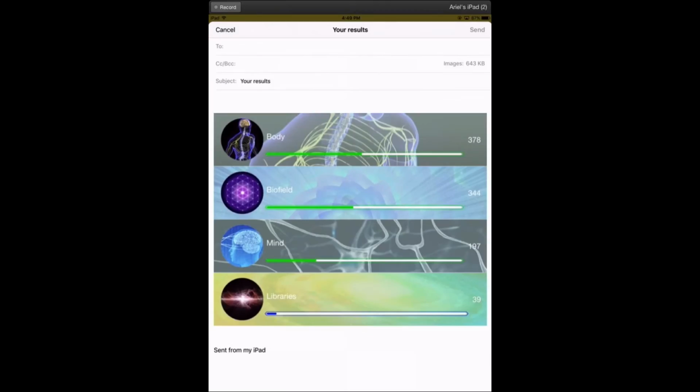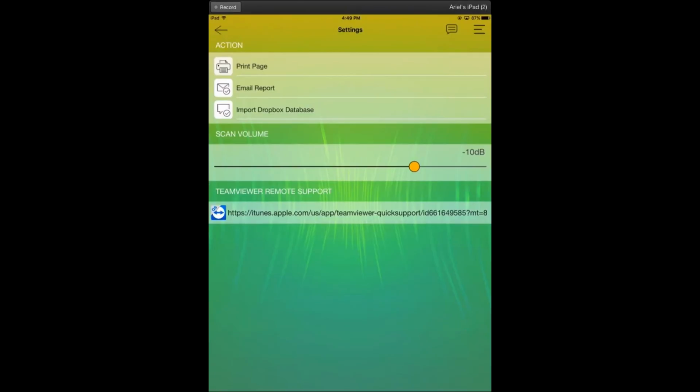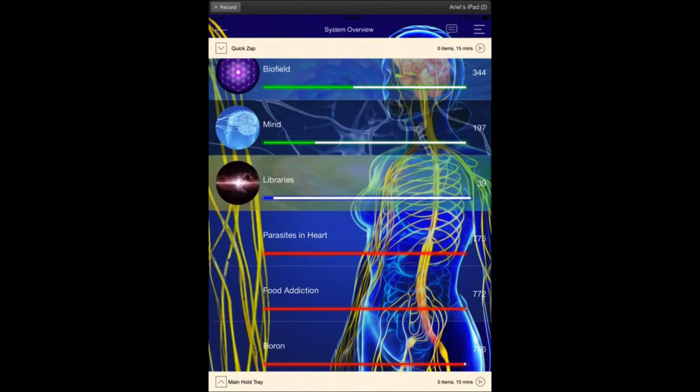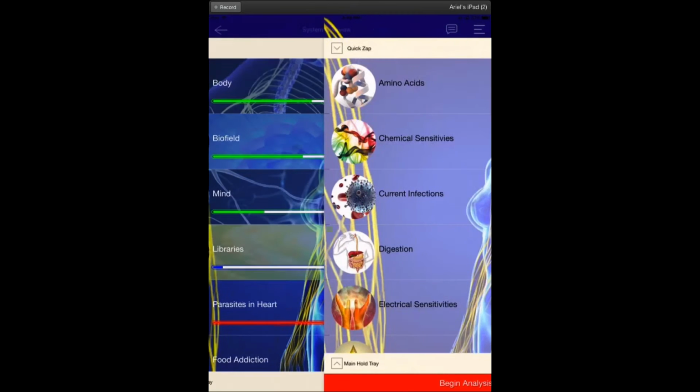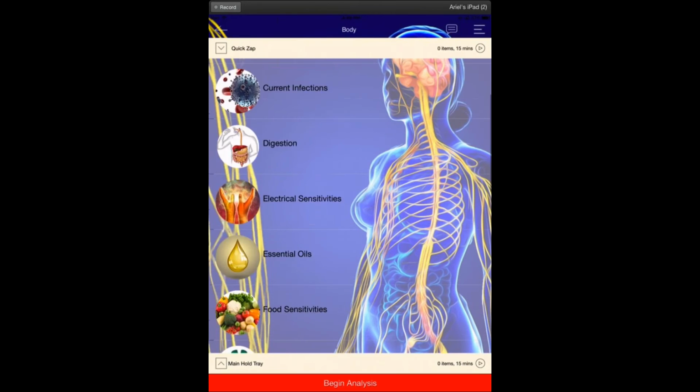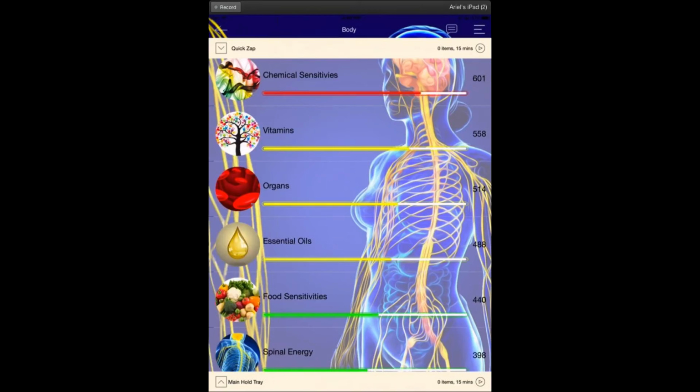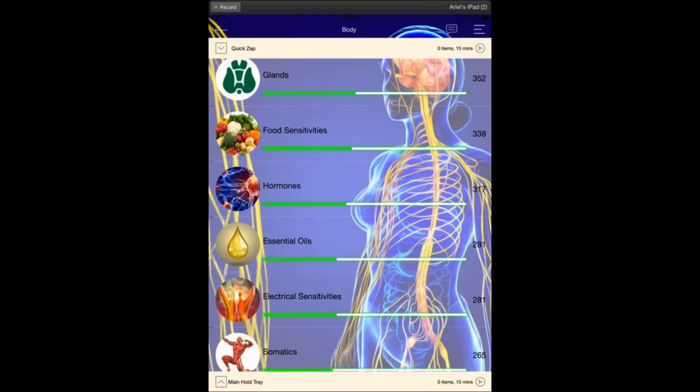Okay, so this is going to give us, let's take a look at these. We've got the body, the biofield, the mind, and the libraries, so that looks good. Now again, this is a little bit tricky. Now we have to go back to the screen that we want to send the report on. So let's run something here like food sensitivities. I have to do the whole analysis first. So let's do that, and